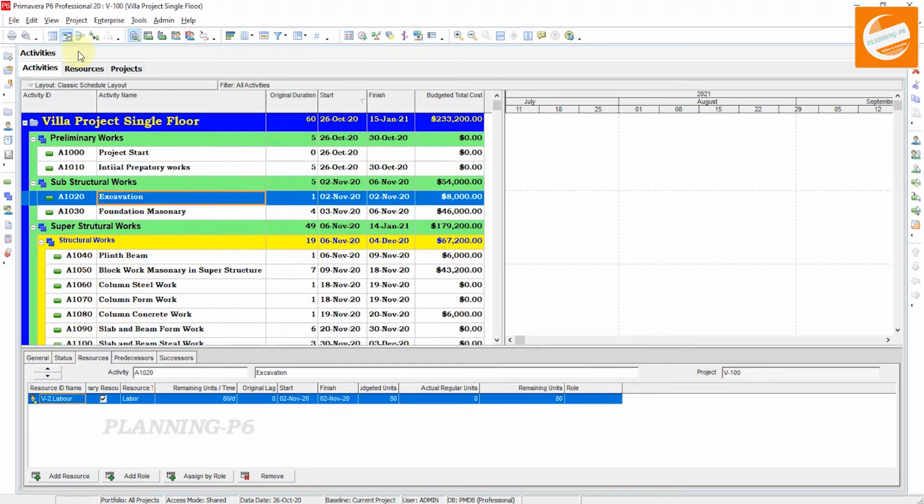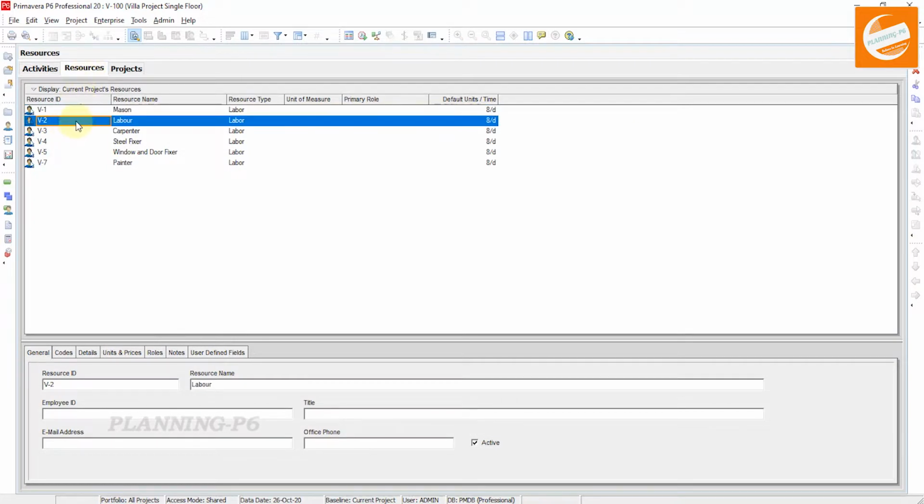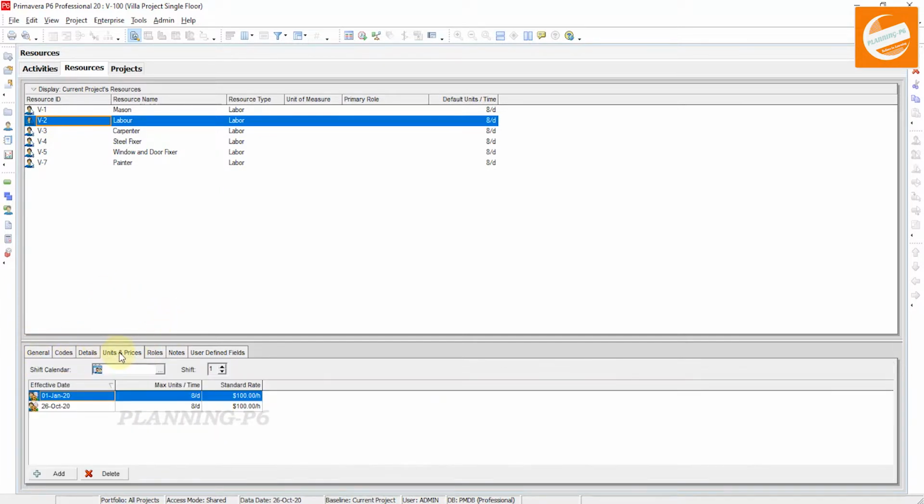Now we will go again to the resources and check the labor resource. We will go to the bottom layout. You can see here the units and prices in that column: effective date, maximum units per time and standard rate.